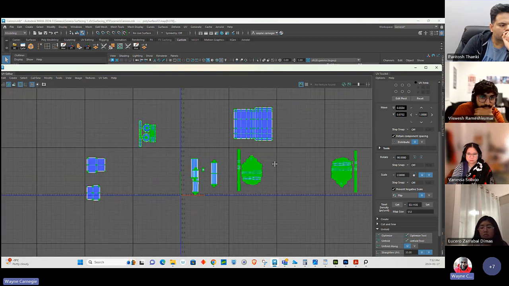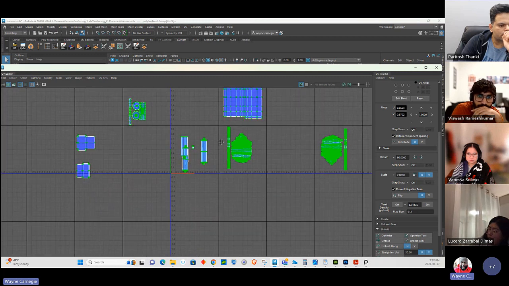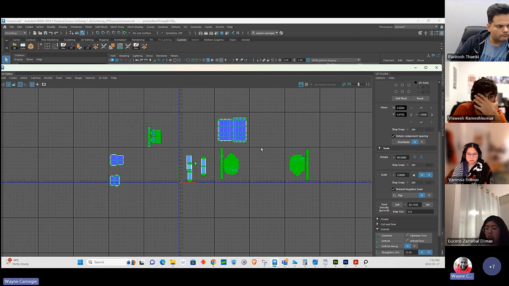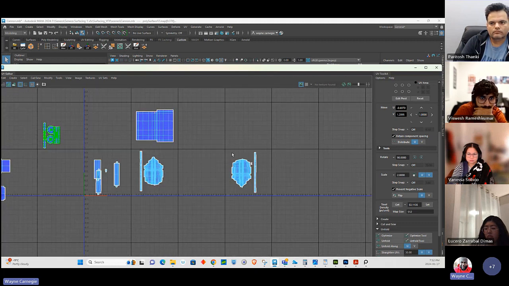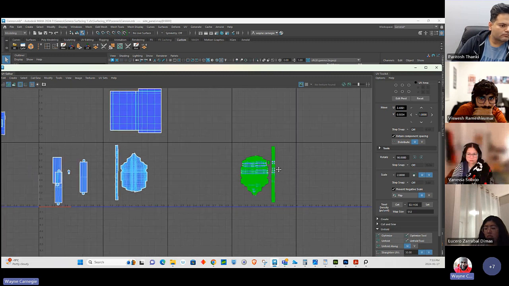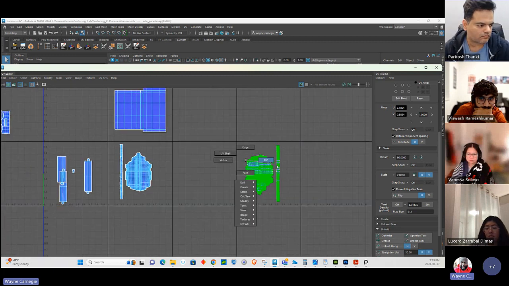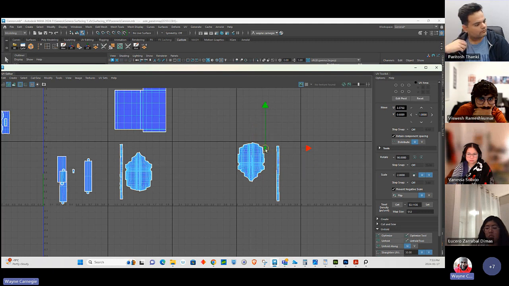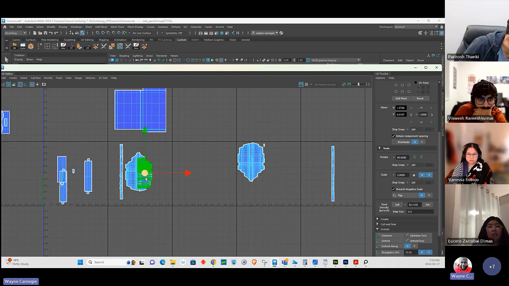So once we hit set, you see that something just barely happened there. So like the size, it did resize it, but we realized that we're gonna need more than one UDIM texture space to get it to work. So what we could do, we could just say, okay, select this shell, and just start moving these guys up, and moving those guys up, and move that, and then move this guy over,